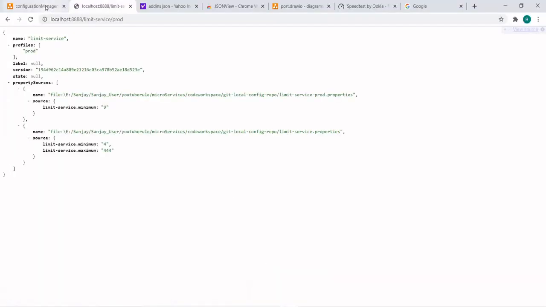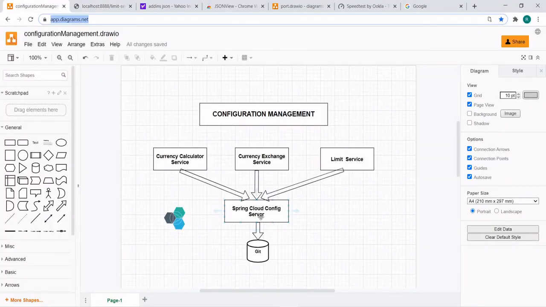So what we saw is that right now we are connecting the Spring Cloud config server with Git. In a later stage we'll connect the limit service to the Spring Cloud config server to get the configuration of all the environments, and thereafter we will be overriding this.